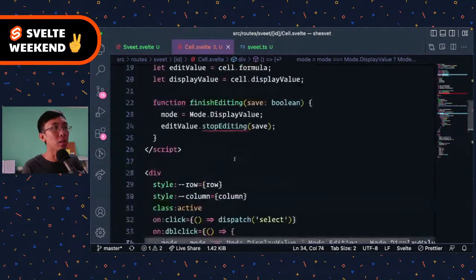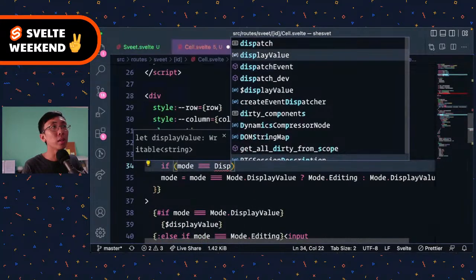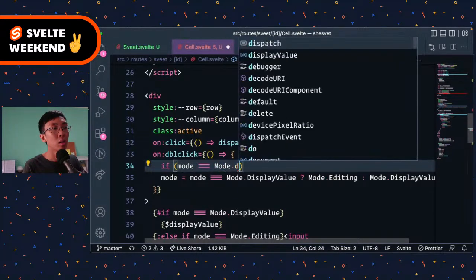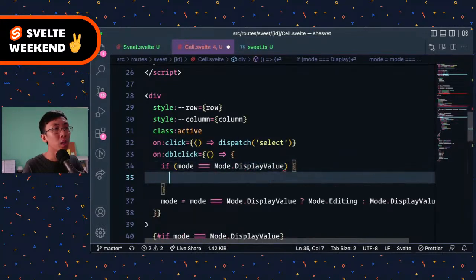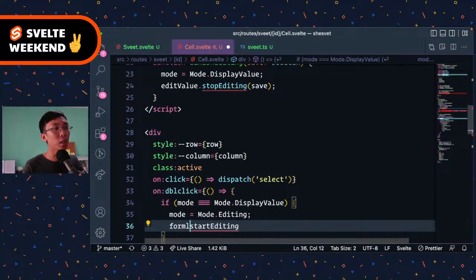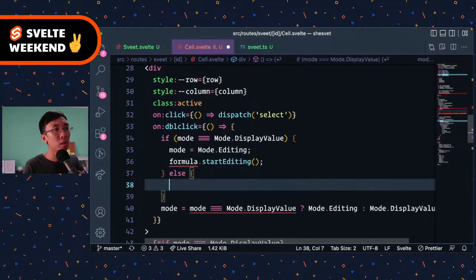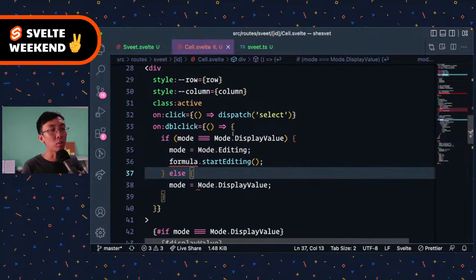So here, if the mode equals display value, mode equals mode dot editing, and then we also need to call start editing the formula, right? And else